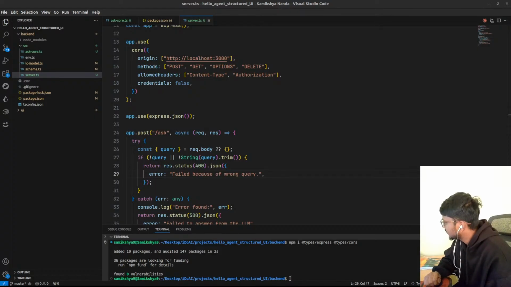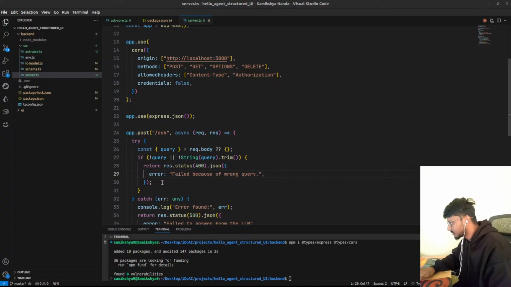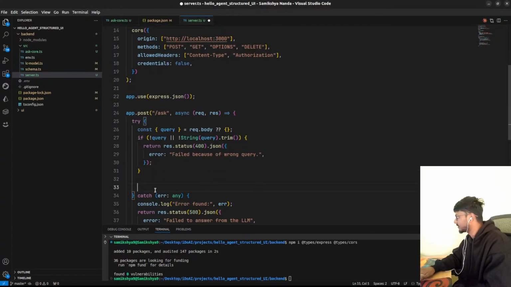So this is the output query, and then the output should be like, okay, so after the if block,